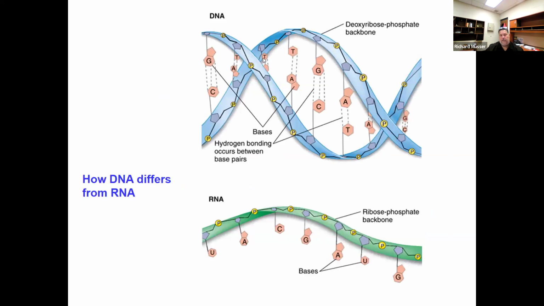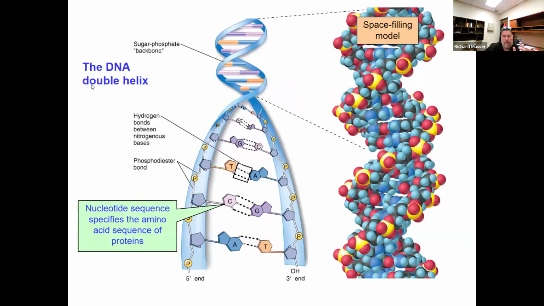And so how does DNA get double-stranded? Well, remember, it's basically going to be the same kind of chain facing each other, and I'll probably show a video on this, where guanine and cytosine always pair up, and adenine and thymine always pair up. What these little dots represent is what we call a hydrogen bond. It's kind of a weak bond, but when they combine together, it forms this double helix, and I think it's worth showing a quick video on that. I'll show that in a moment. And then here's our single-stranded RNA. We'll get into more about how that works when it comes to making proteins, or functioning as a blueprint for protein. But DNA, we also call it a double helix.